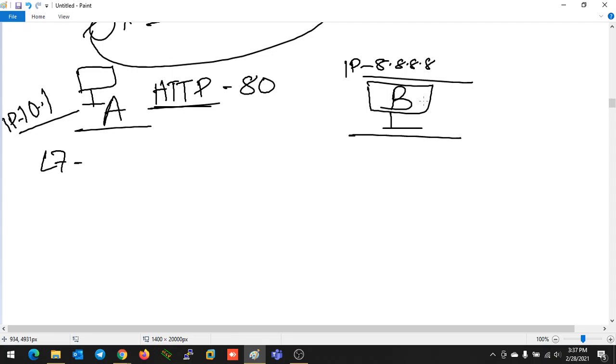Okay, so what will happen right now at the application layer? A will generate a HTTP request. HTTP will be called there by the original application, like I told you. So here HTTP will generate some data. This will be HTTP data. What are you going to send? For example, one GET request. You are requesting to open 8.8.8.8 by sending a GET request in HTTP. So HTTP generated one data, the HTTP GET request data. That data will be sent.